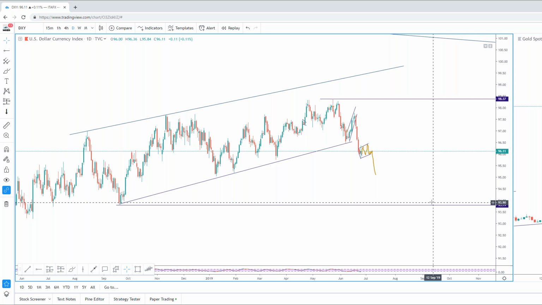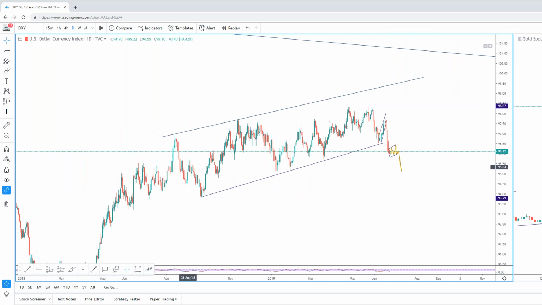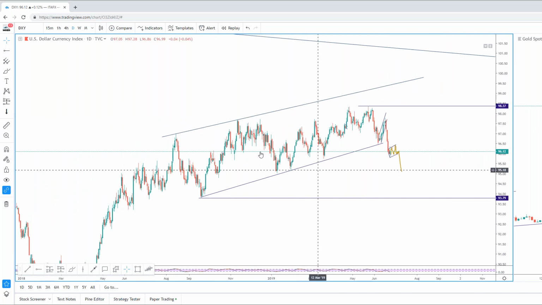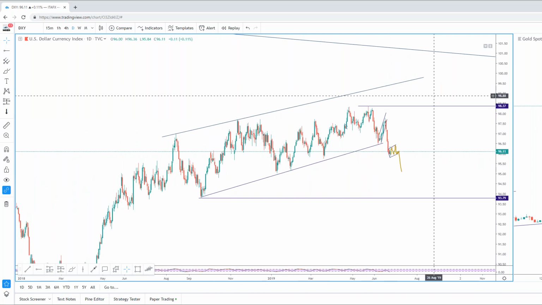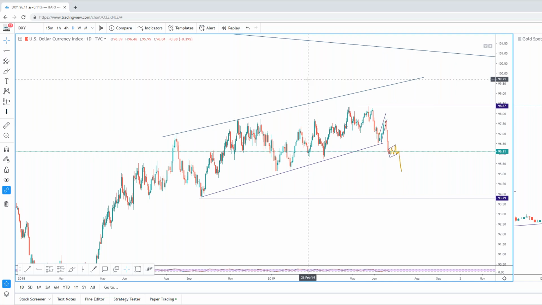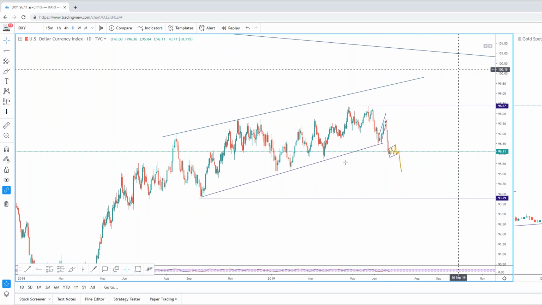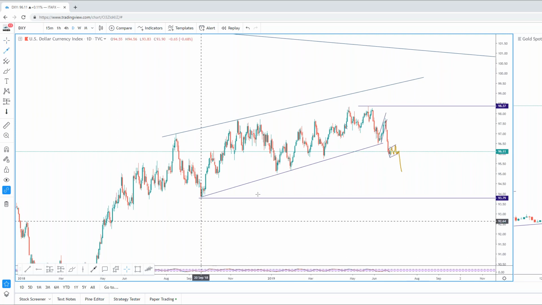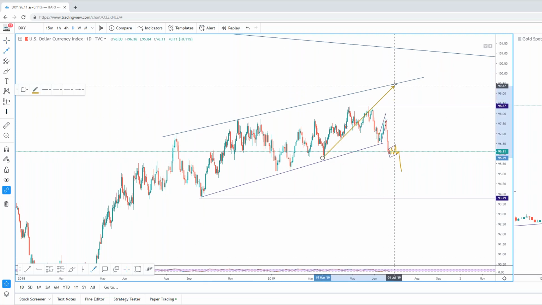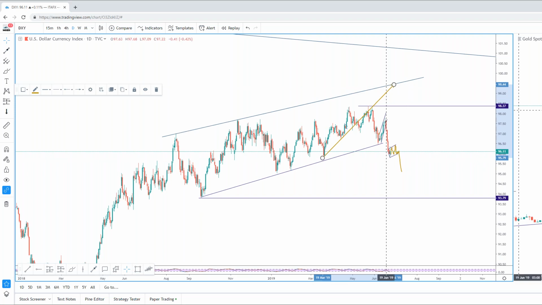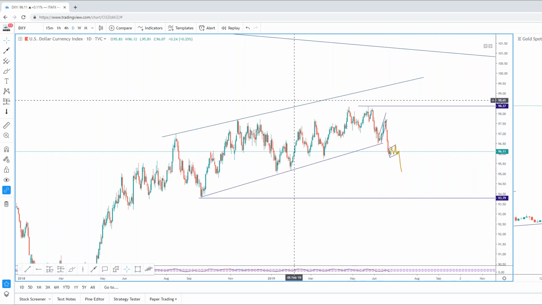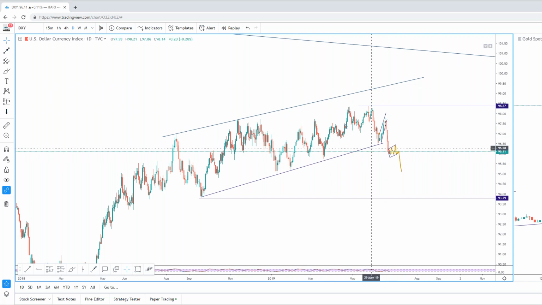So let's delve into the DXY. I'll start on the daily time frame, guys, as you can see some really nice clean market structure at the moment. I've been looking for dollar weakness across the board since we started to move correctively through this particular area here. I was always looking for that longer term short. Ideally I wanted to get markets back up to that 100 big round number before we took that big short opportunity.